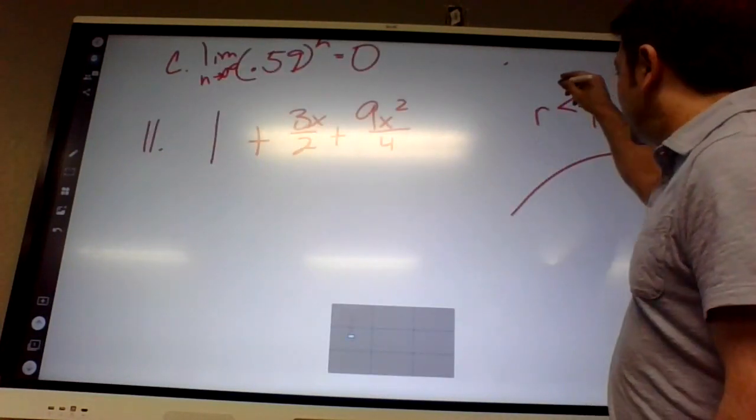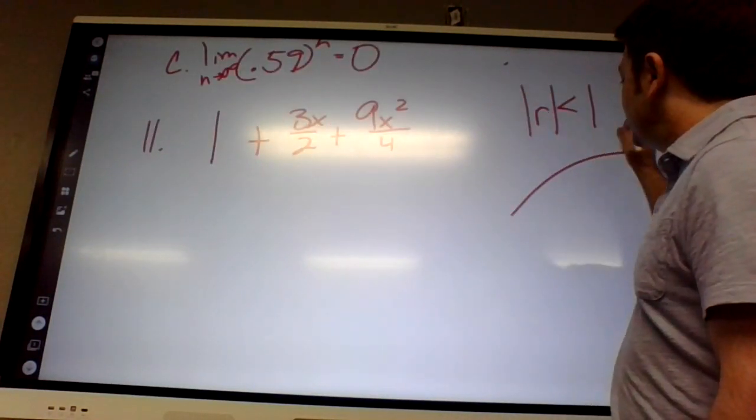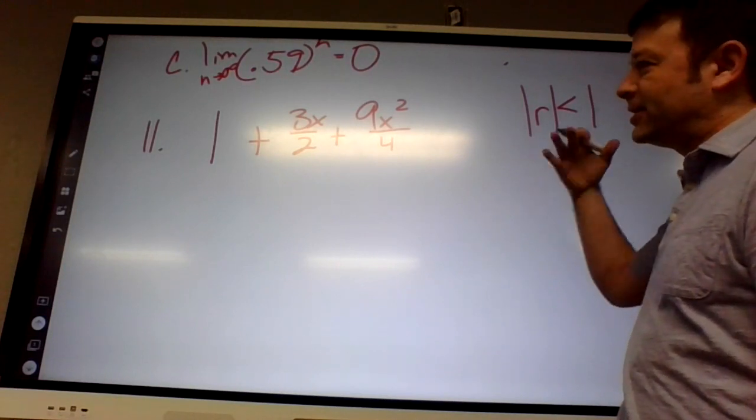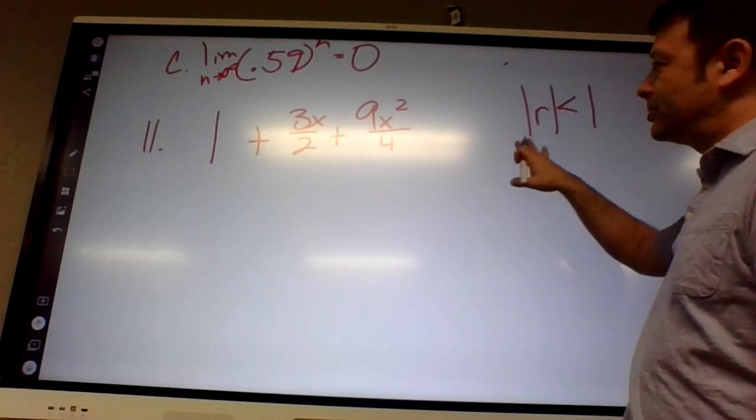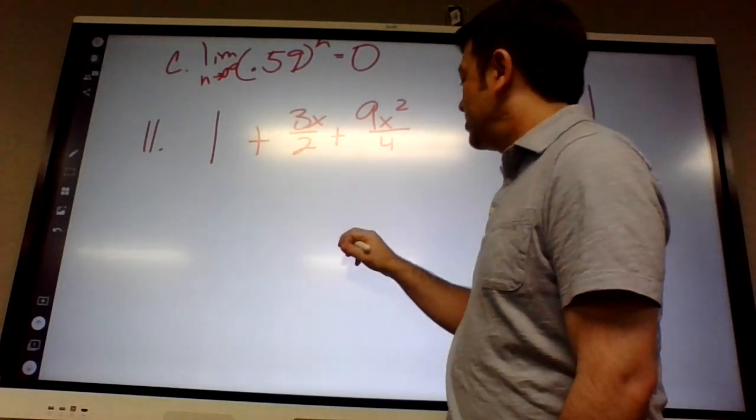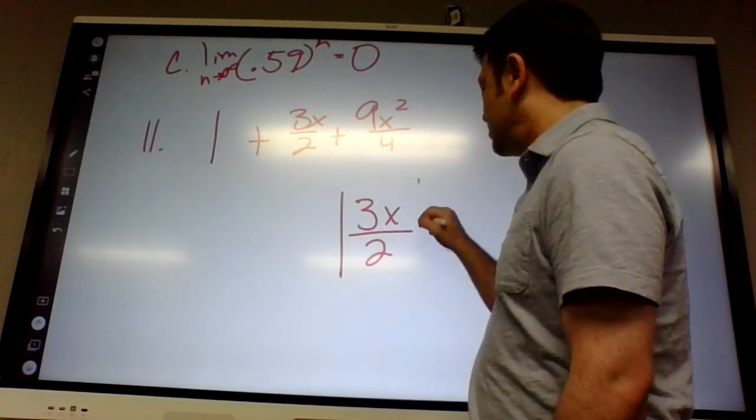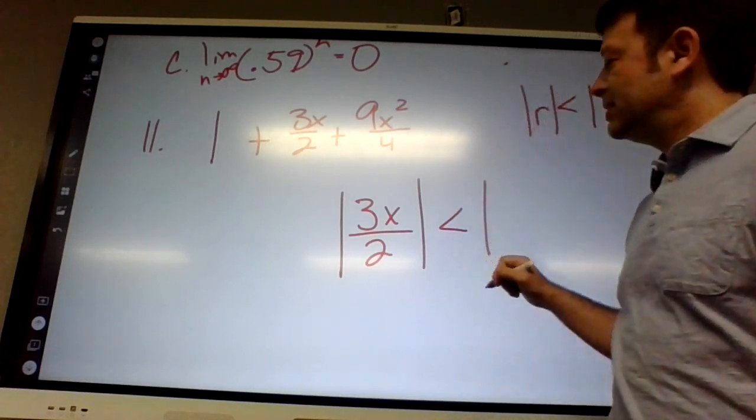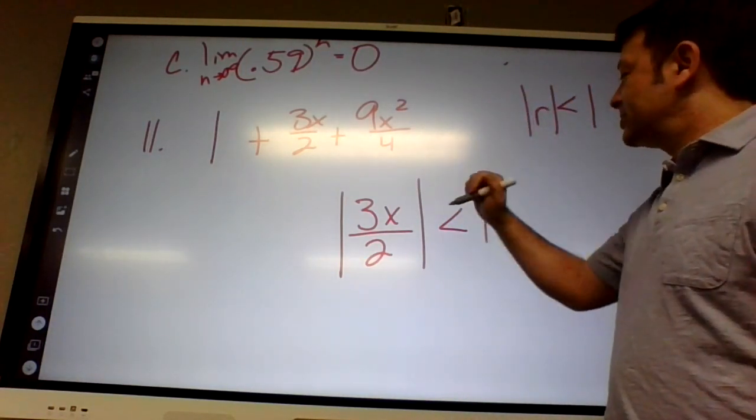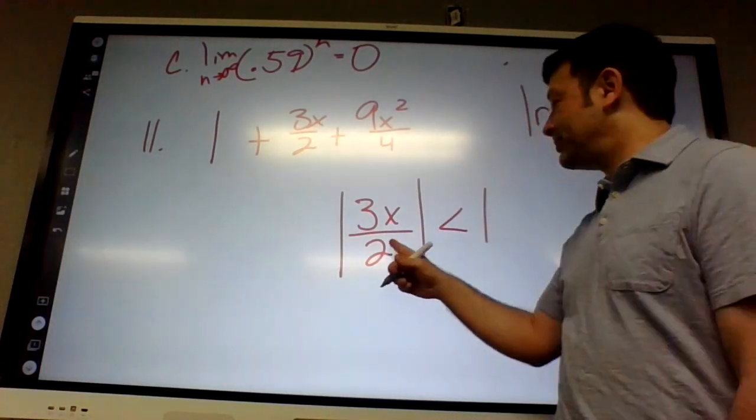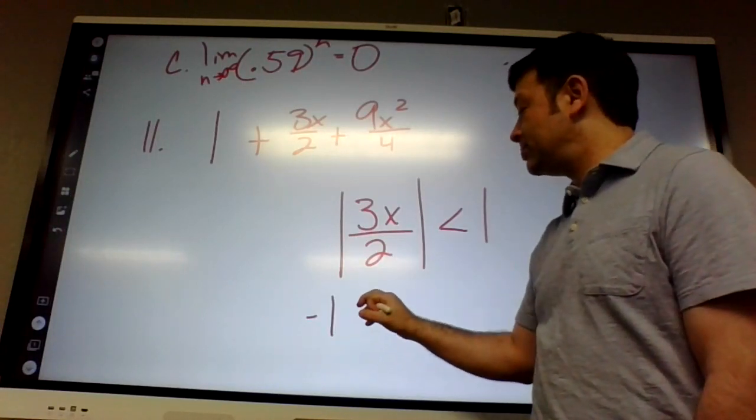But also, actually, it's the absolute value. Because if you did -1/2 times -1/2 times -1/2, that also approaches 0. So we need the absolute value of 3x over 2 to be less than 1, which means it needs to be between, absolute value less than, it needs to be between